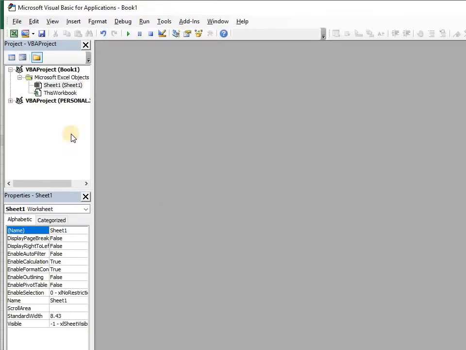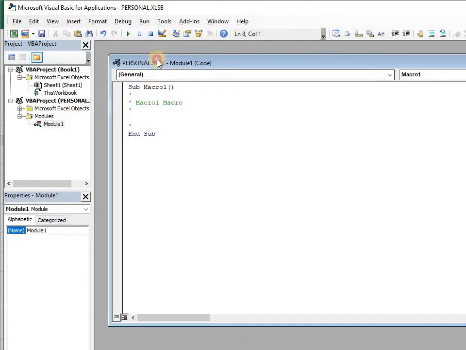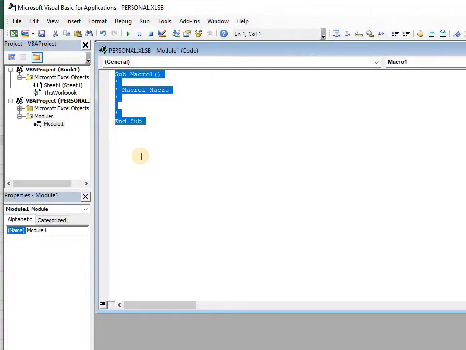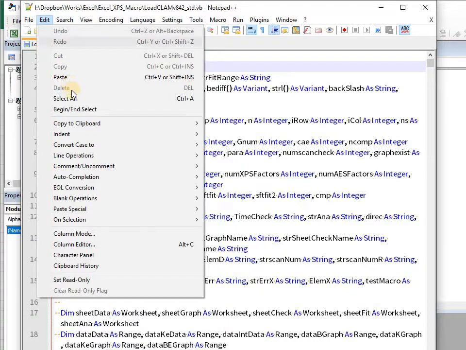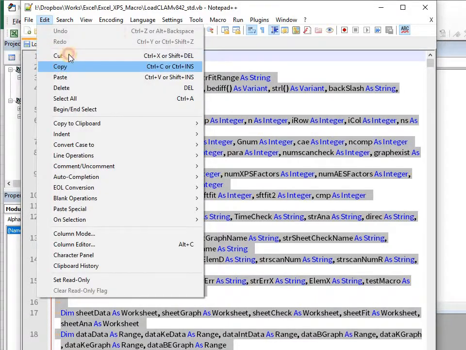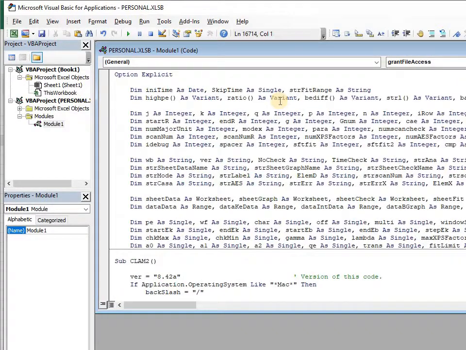Now we click Visual Basic. Under the VBA project modules folder, you can see Module 1. Double click to open. You delete all inside, and then select all the code we provided, copy and paste. When you scroll up, you can see Option Explicit at the top, and you can see